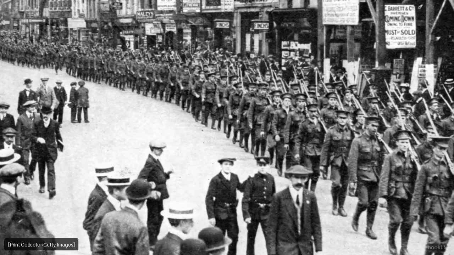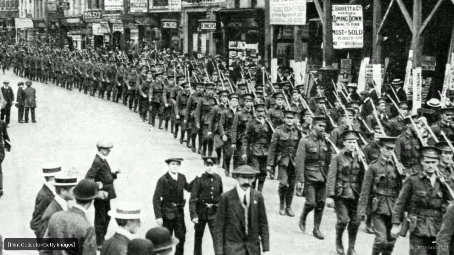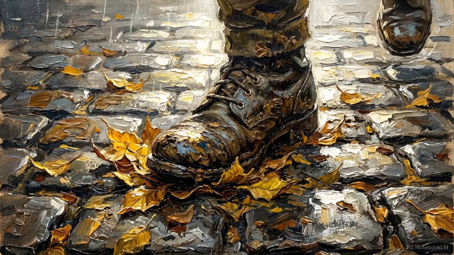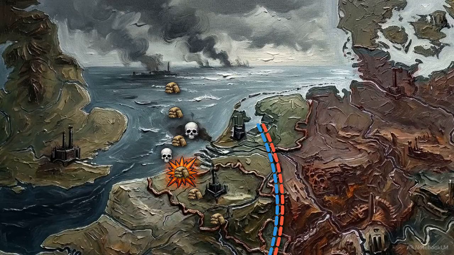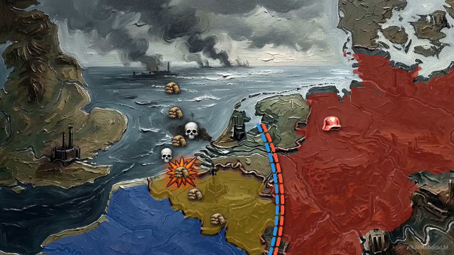Across the continent, millions of men enthusiastically joined the colors. They marched through their capitals to the cheers of crowds, convinced the fighting would be over before the leaves fell. Germany's strategy for a quick victory was the Schlieffen Plan. As this map shows, they intended to avoid a slow war on two fronts by sweeping through neutral Belgium to encircle the French armies near Paris, knocking France out of the fight before Russia could even finish mobilizing its forces